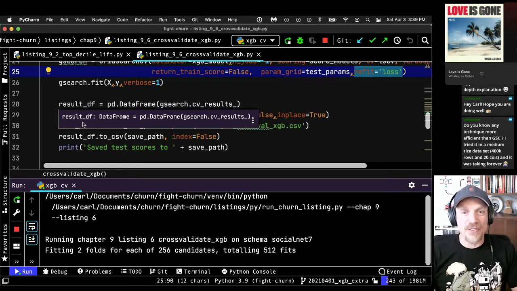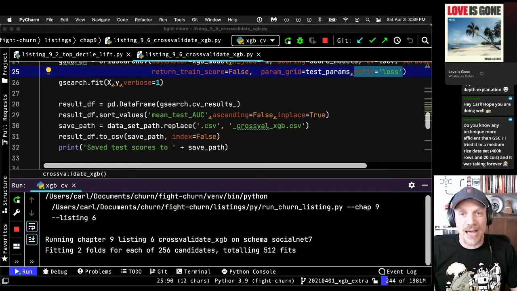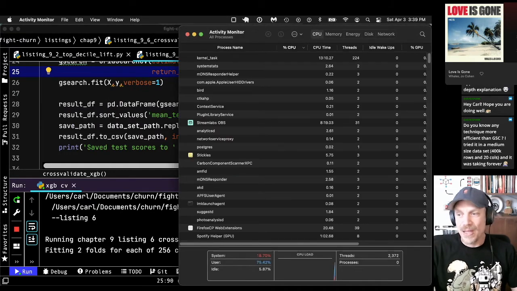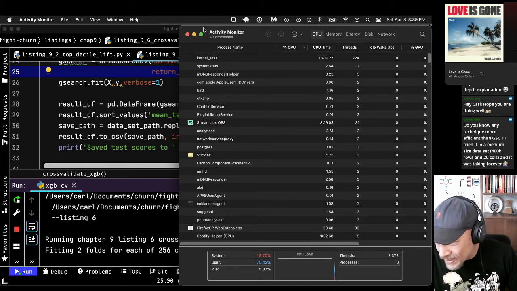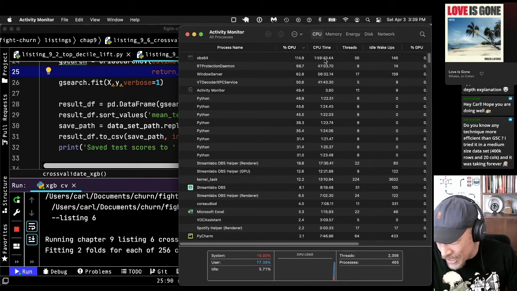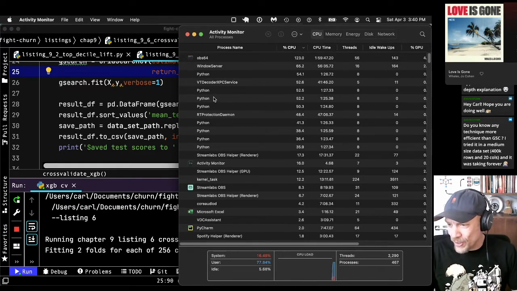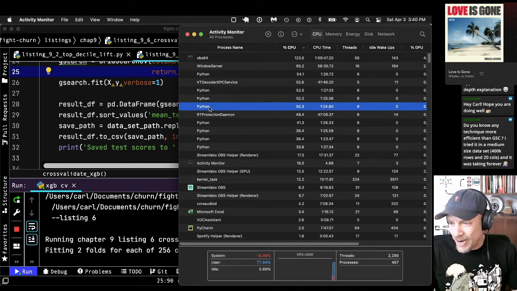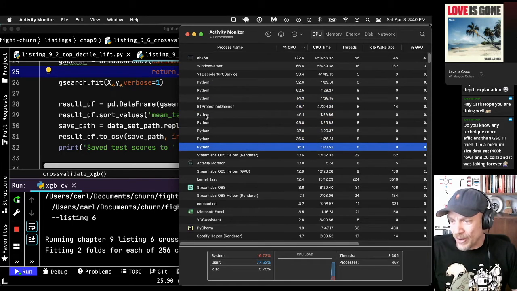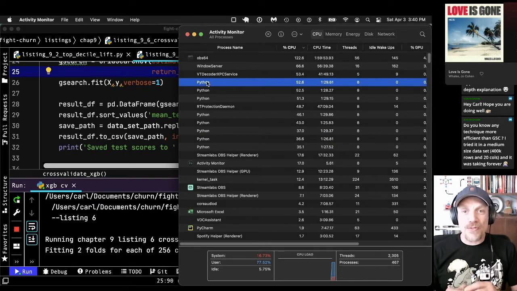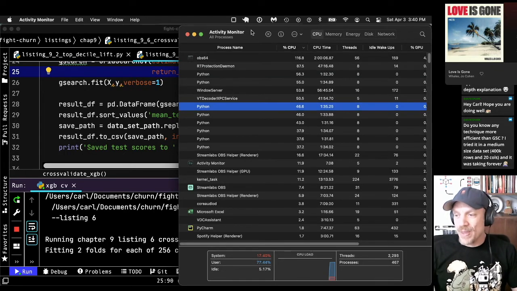Now, one of the things I have not explained about XGBoost is that it works well in parallel. So it's a highly parallelizable algorithm. Let's see. I was going to check now and see if mine's running in parallel, and indeed it is. I just opened up my activity monitor to show you, and you see all these Pythons running. That's my XGBoost algorithm running in parallel. So one of the great things about XGBoost is that it's highly parallelizable, so make sure that you are taking advantage of that by running your XGBoost algorithm in parallel.